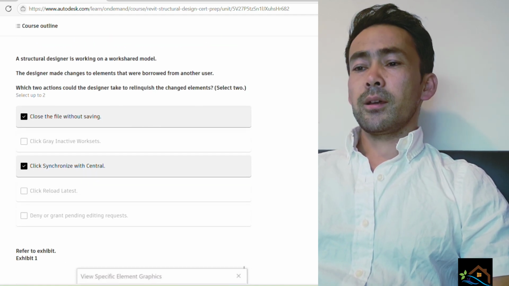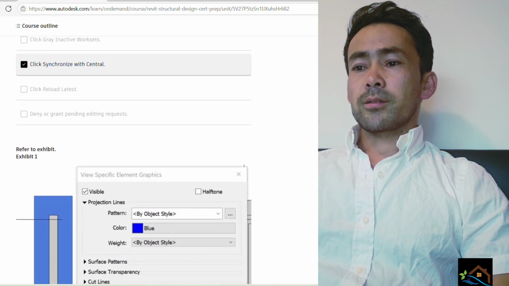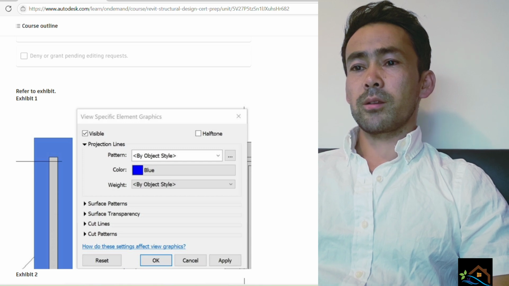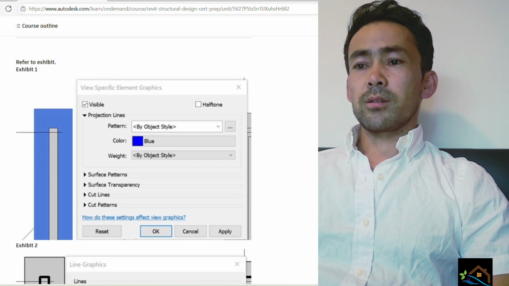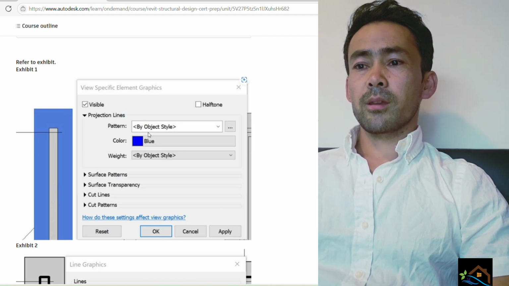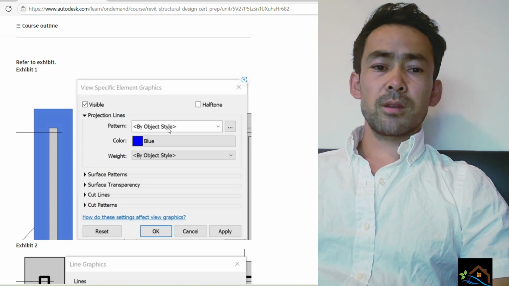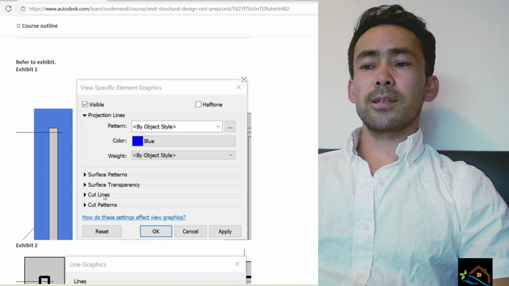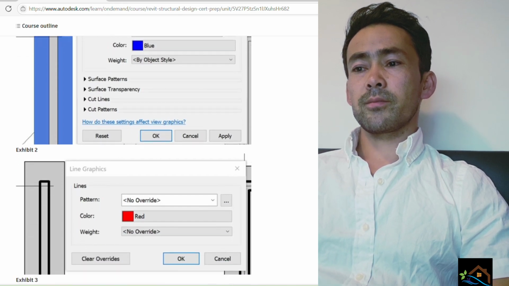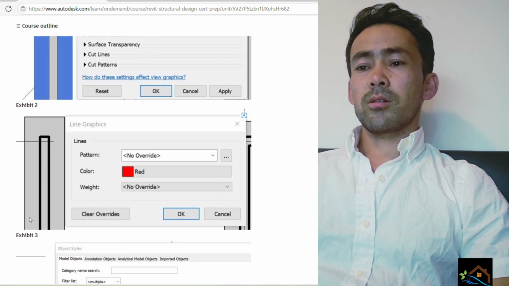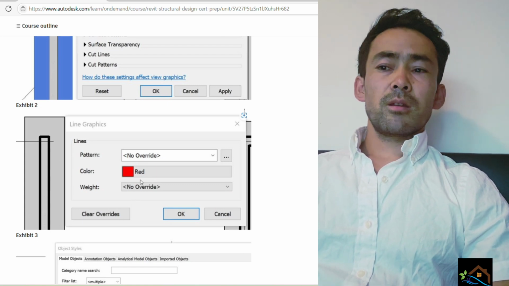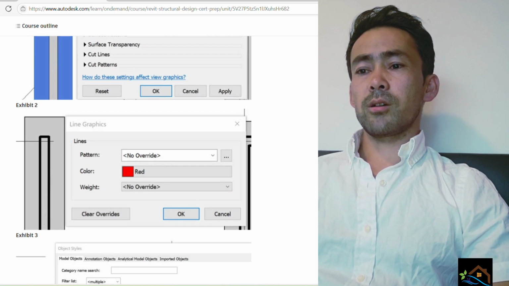Next question, and this is an exhibit. It's about, so exhibit 1 is view specific element graphic, and here the color is blue and pattern is by object style. It's for the project lines, so we need to basically read the questions very carefully. Exhibit 2 is line graphics, and this is the section, and here the color is red and the pattern is no override, so there is no override. And here in the object styles,